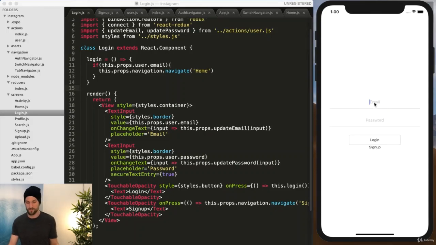We're not verifying anything, we're not verifying the password, but this is what we're going to leverage Firebase for, so that we could use Firebase to check the database, does this user exist? Yes, then let them in. If not,